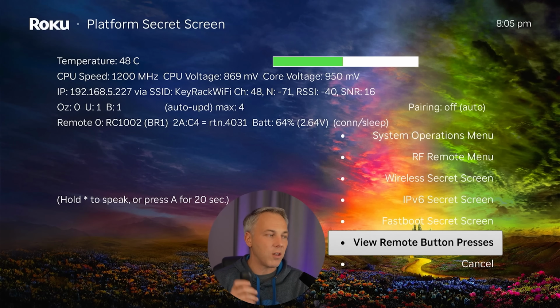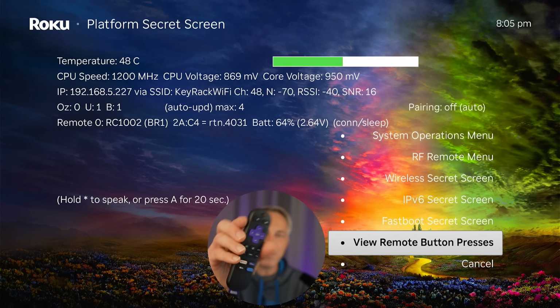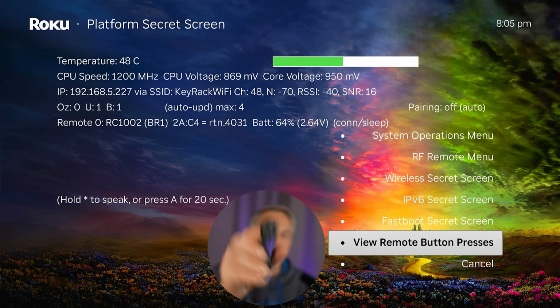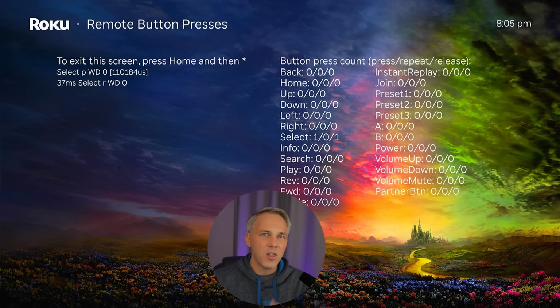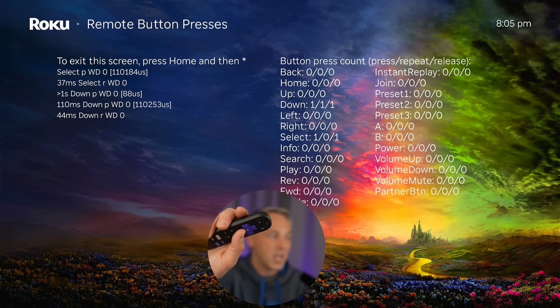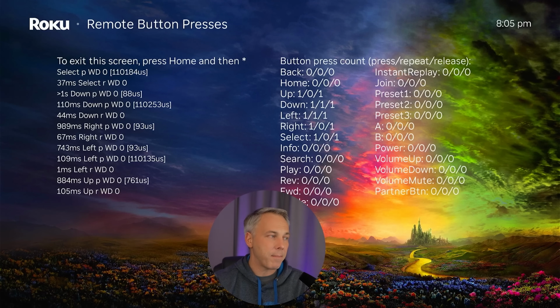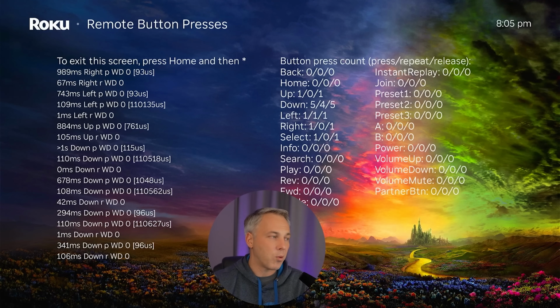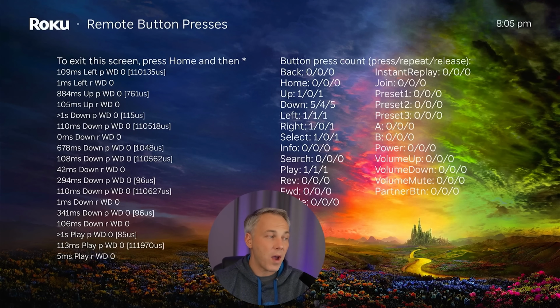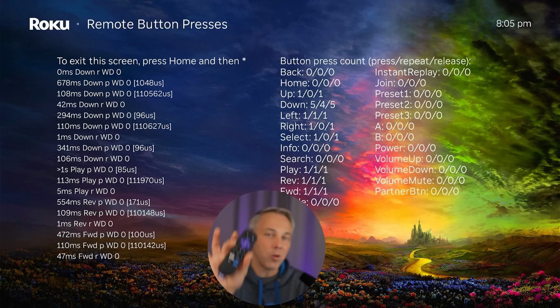Check this out. This is view remote button presses. If something's going weird with your remote and you're trying to figure out what is going on, this button doesn't seem like it's working, well, this menu will actually let you mess around with all the buttons and make sure they're working. Every time you press a button, it'll register that on the screen there, and you see they pop up and they stick. You can continue to press those buttons. And this is a great way, again, if you've got problems with your remote and you feel like one of the buttons might not be working,